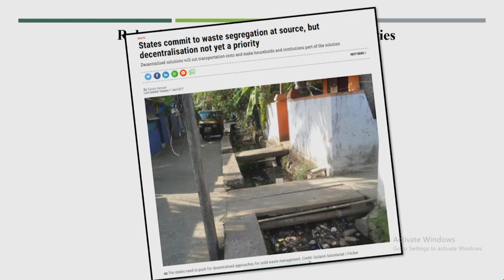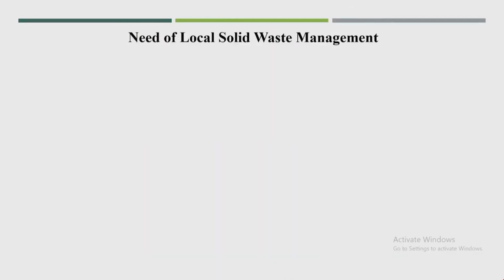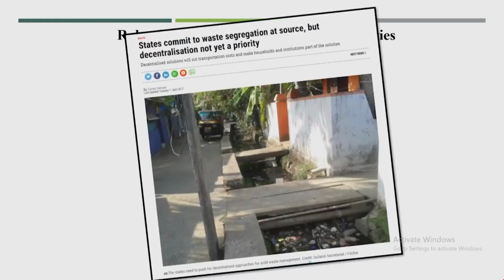So, this was one news: states commit to waste segregation at source, but decentralization is not a priority. Why? Because we have plans, we have a lot of ideas, but still such kinds of news are coming. Why?